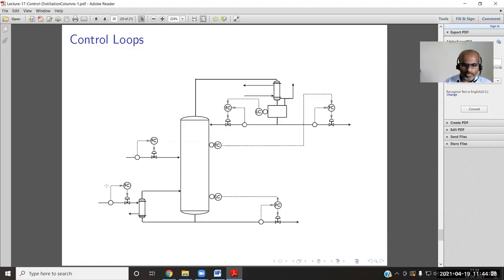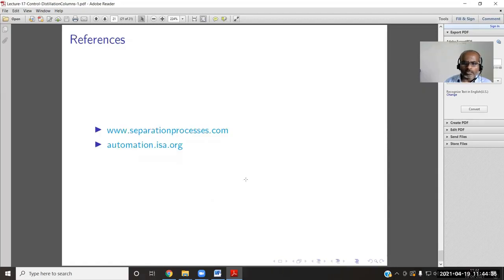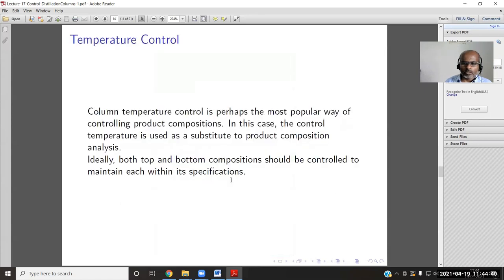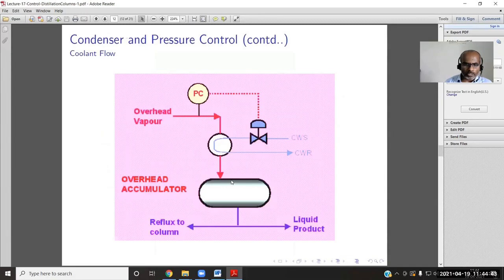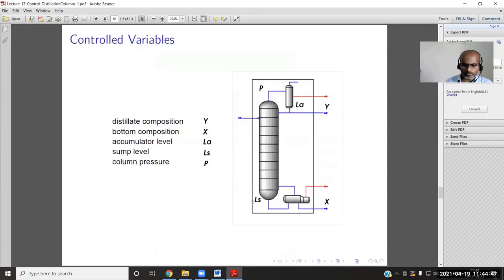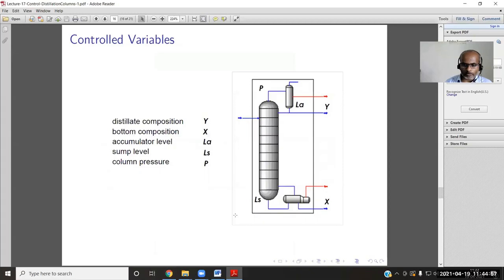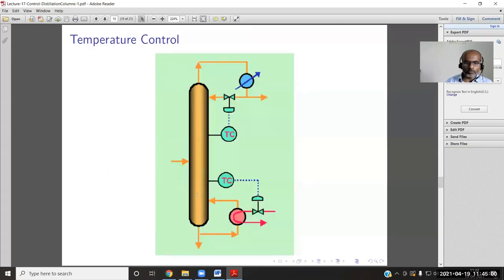So various combinations are implemented here, and this bottom flow. This is not the correct diagram. So it's like temperature control, and for the pressure control I didn't have a very good diagram. Okay, at least we can also try to implement the feedback, feed forward, and the cascade control strategy. So I will look for some figures for this feedback, feed forward, and cascade control strategy